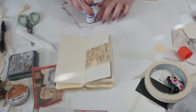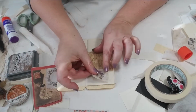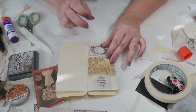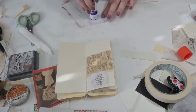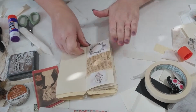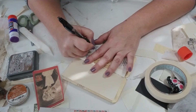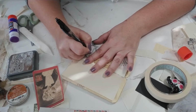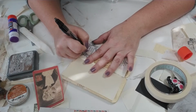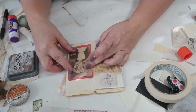Okay, and then I'll glue this little motivational quote above. There we go. And then I'm going to get this down below, and I'll use this to write just the little, I mean, I'll just put traditional attire. Or traditional dress. I just put traditional dress time lapse, and then I'll put the little girl here, and I'll put a little